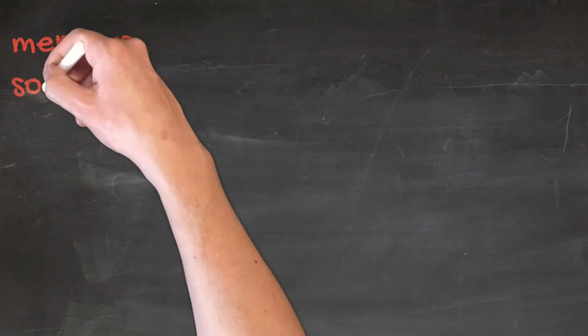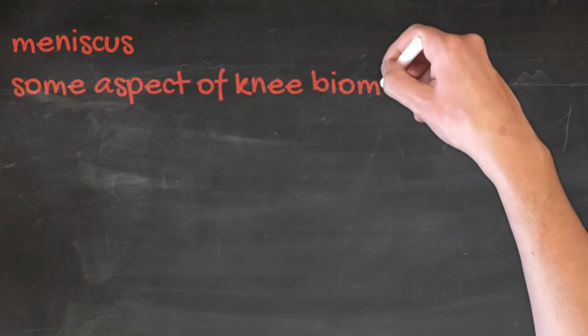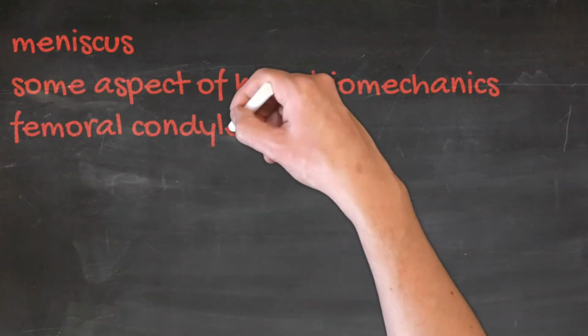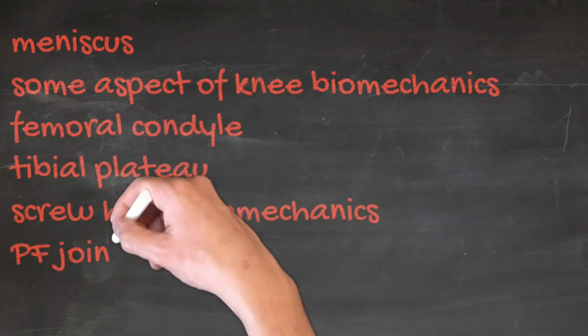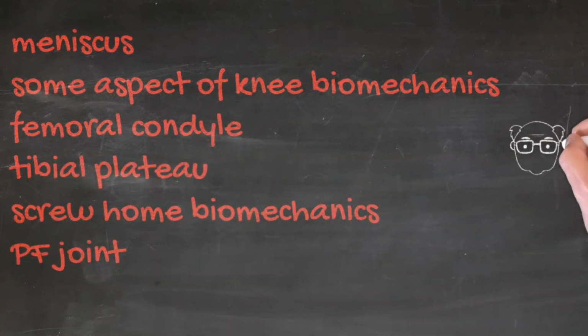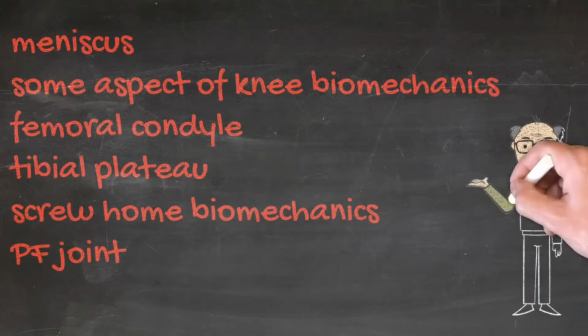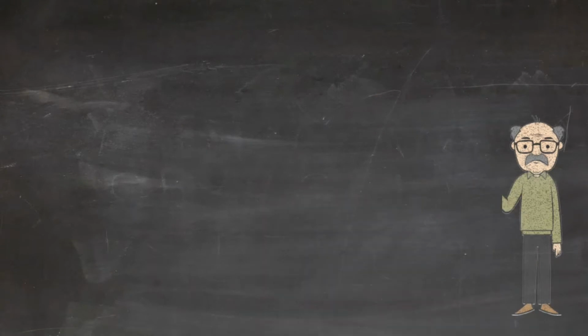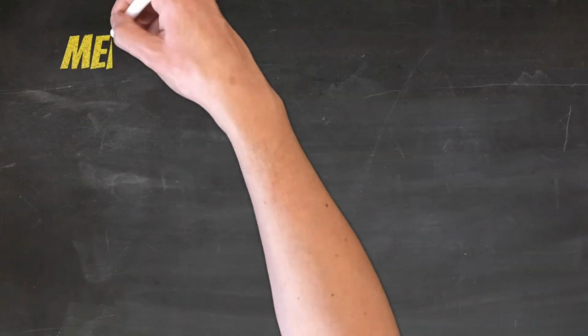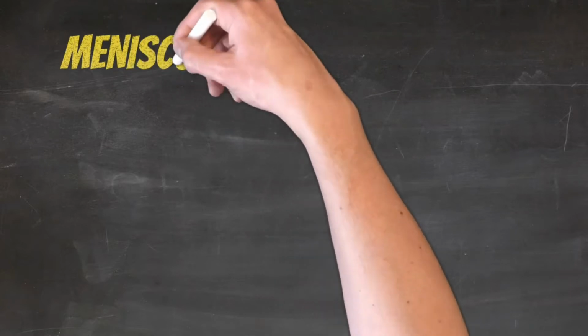Today we will discuss the meniscus, normal knee biomechanics, an important aspect of the anatomy of the femoral condyle, tibial condyles, and the concept of screw home mechanics. Now, concentrating on the meniscus. The meniscus is basically a crescent-shaped fibrocartilaginous structure that functions to deepen the articular surface and aid to disperse